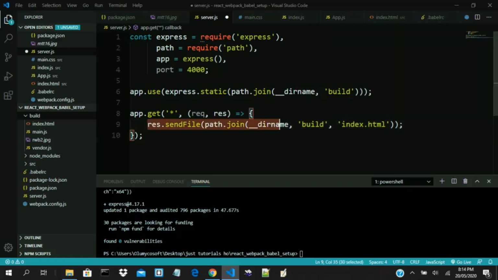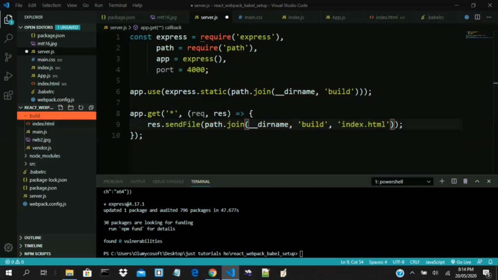So this line of code is going to send this file back to the client. Let's say the call is made from the browser. When the browser has finished making the request, this is going to send back index.html. Remember, this is the URL part, and this is the part to the folder. So this whole thing is going to resolve to the path leading to this file, and the file is inside